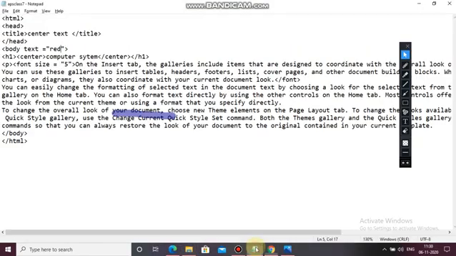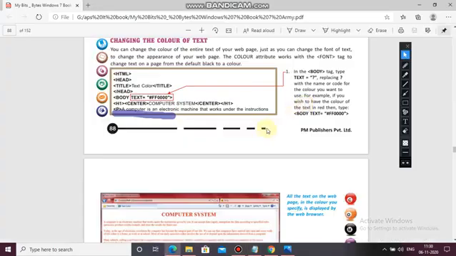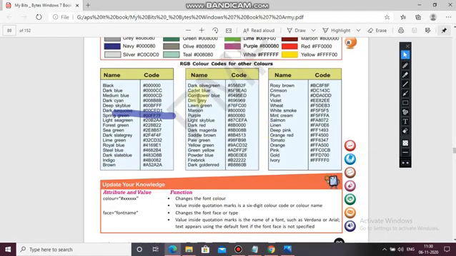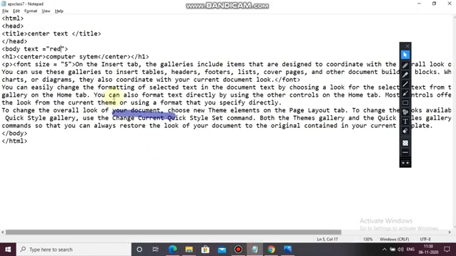Now I am going to take some codes and check. I am taking purple, hash 8080.